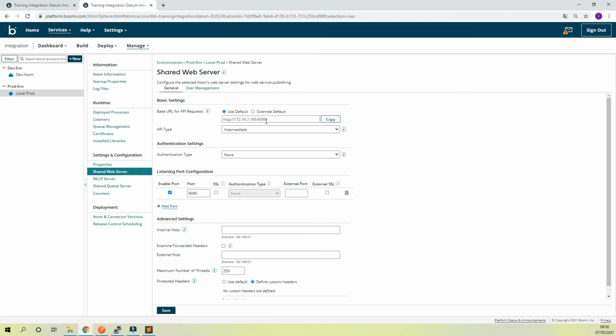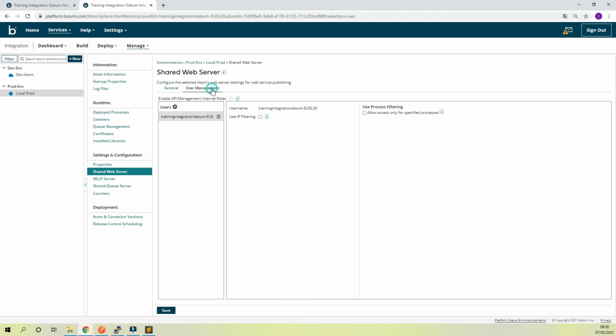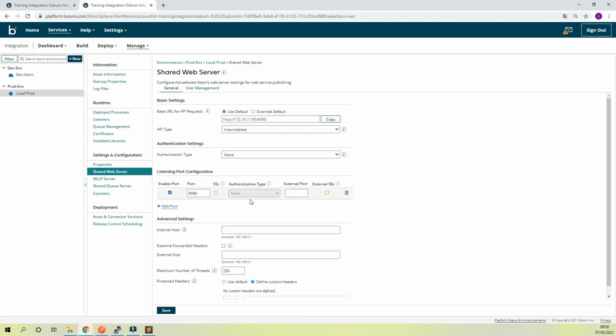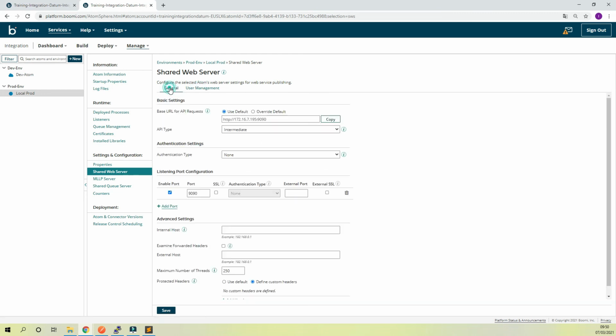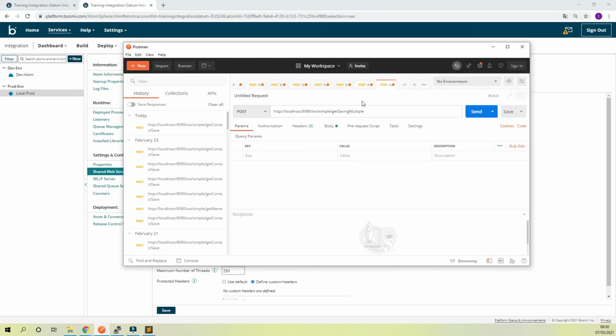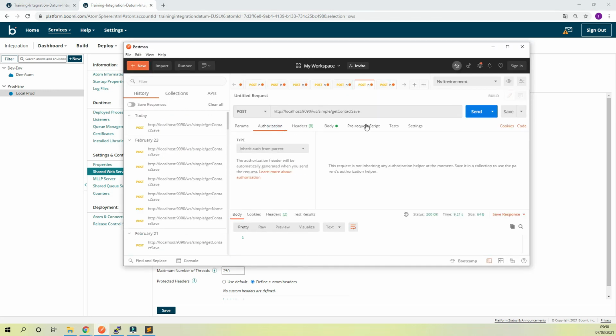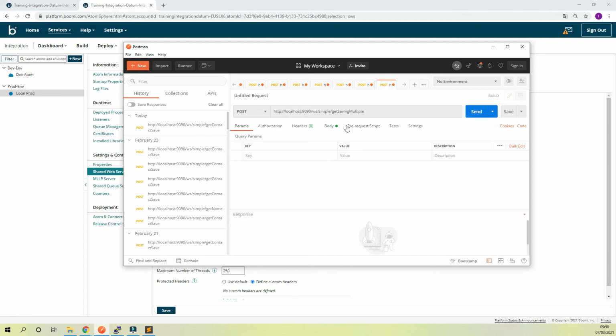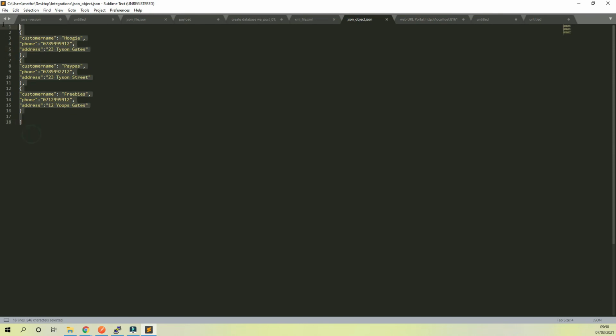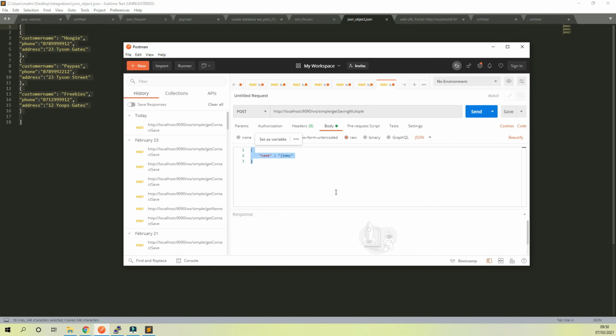So I'll just go ahead in the body. I'm going to copy this, and I'm going to paste this in Postman. Okay, and let's post this. So it seems everything went well. So let's check in our folder whether we have a new file called new contact details. Okay, we have a new file called new contact details,